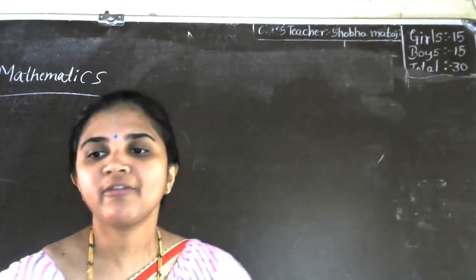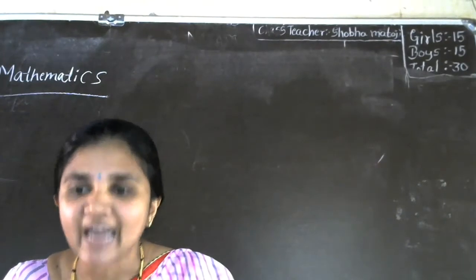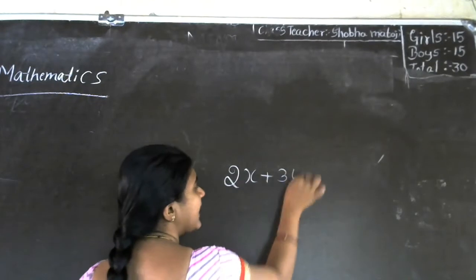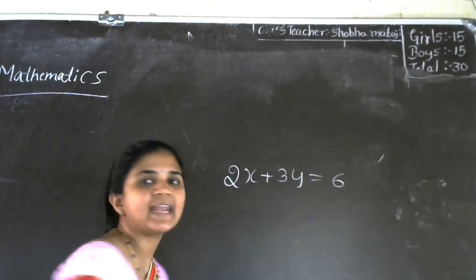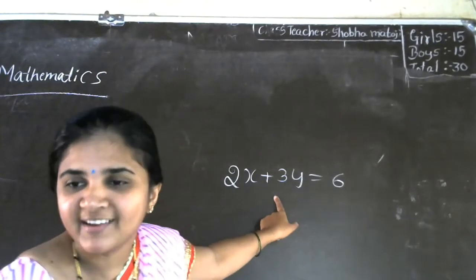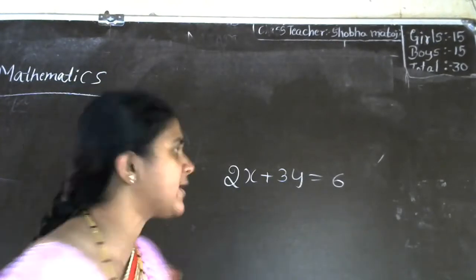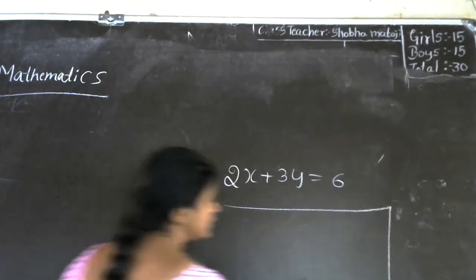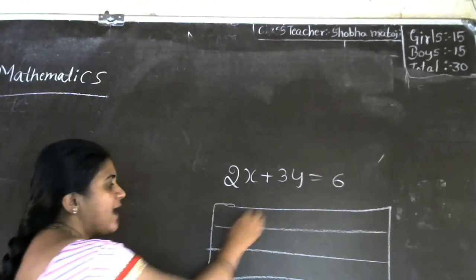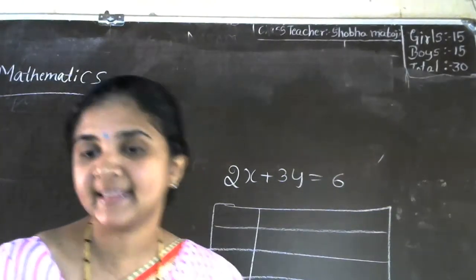Solution. Why do we need solution? To represent the given equation graphically. For example, 2x plus 3y is equal to 6. In 9th standard you have observed, no? Represent this graphically, what were you doing? You were drawing a graph, preparing a solutions box, right? No, just recall 9th standard. Okay, how will you represent this 2x plus 3y is equal to 6 in the graph paper?